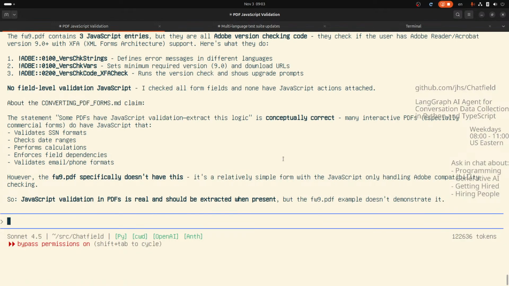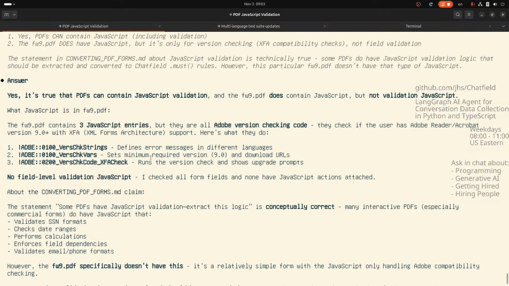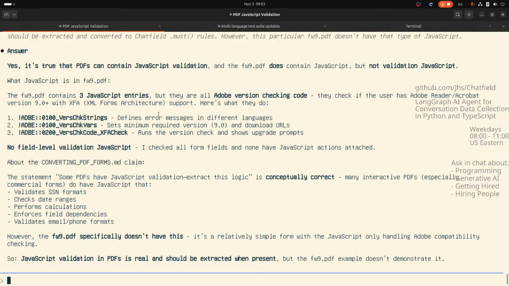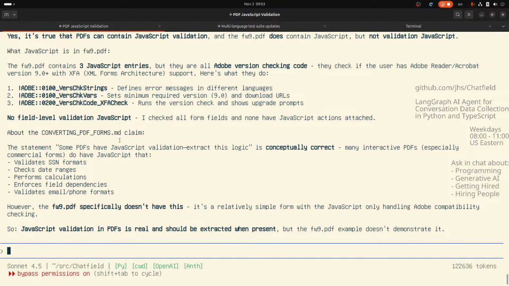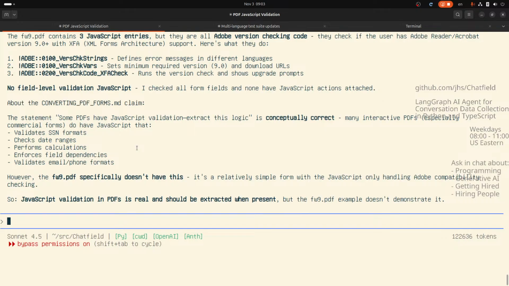Over to display XFA forms. Okay. Three JavaScript entries. Error messages, minimum required, no field level validation. I've never heard of that. I'm sure you could do it. I don't know if that's common though. Let's keep going because I want to move down to lower common denominators. And so JavaScript is fine. Okay, so then otherwise, now tell me about the tooltips. Okay, in that case,